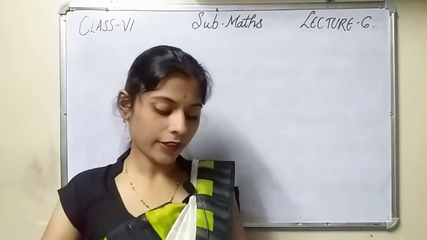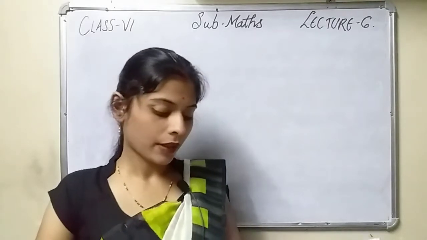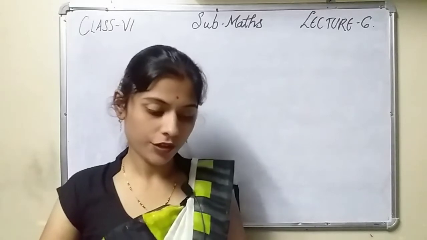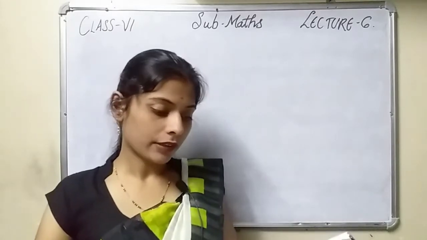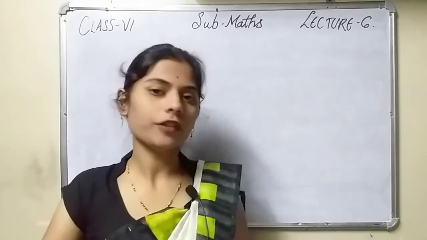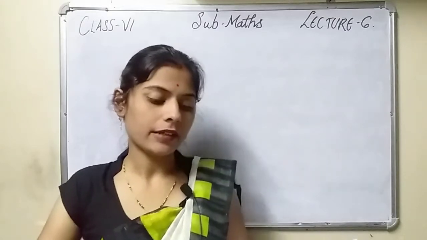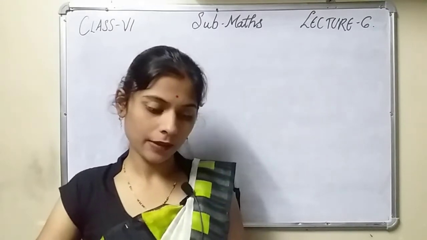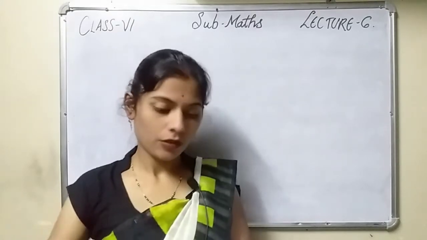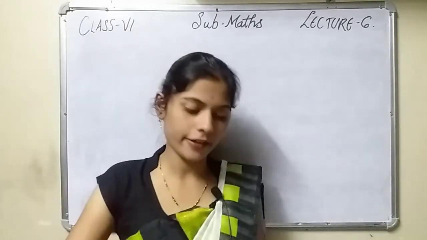See the solution. We have to find the greatest number of sweets he can pack in a box. That means we have to find out the largest number which can divide 135, 90 and 75 exactly. That is, you have to find the HCF of the 3 numbers. So, the HCF of 135, 90 and 75 is equal to 5 into 3. The HCF you got here is 5. The common factors are 5 and 3. So, 5 multiplied by 3 is 15. Hence, he has packed 15 sweets in each box.